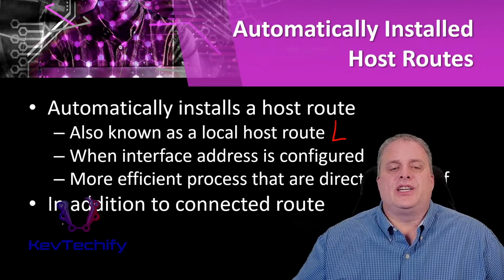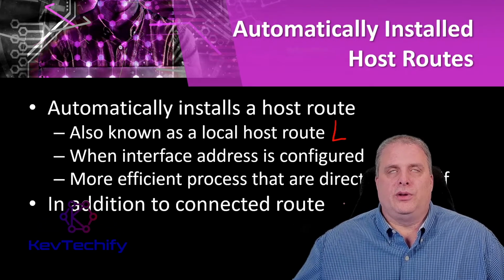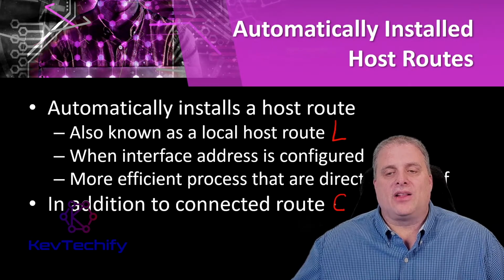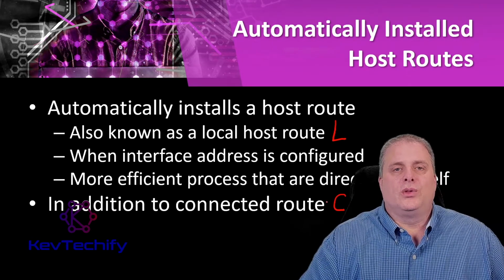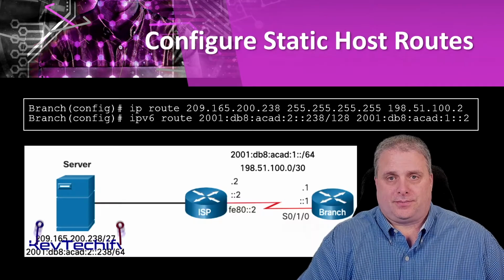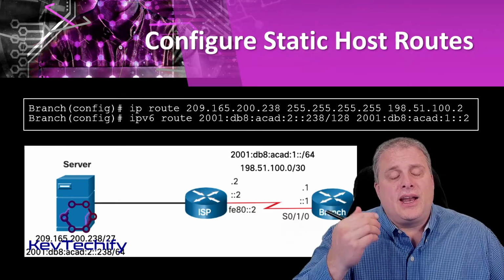It is in addition to that connected route. And once again, when you do the show IP route, the connected route is the C. That's why there's an L and a C when you look at your routing table for all of your interfaces you've configured. Now, to configure a static host route,